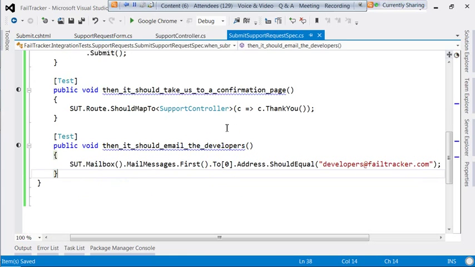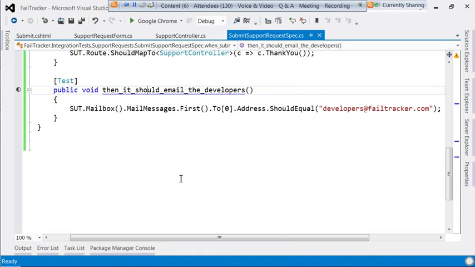Okay, so we come back over here. If we run our new test to check the email contents,